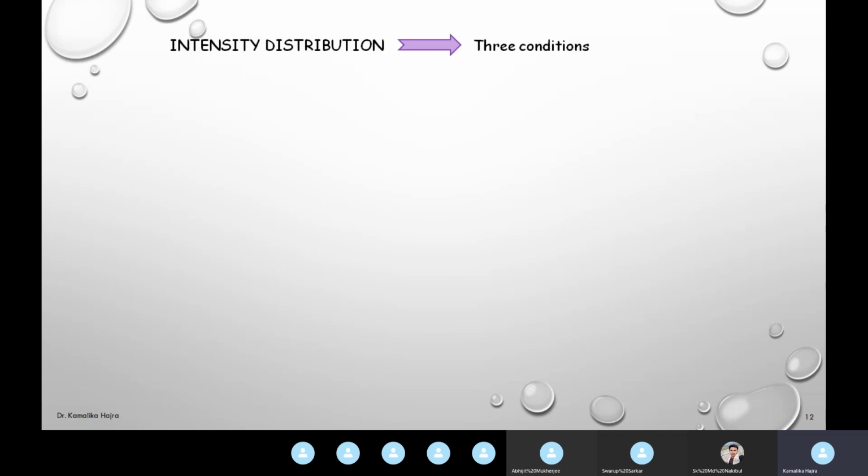We have seen so far, therefore, that the intensity distribution has three conditions. One, I equal to I0 at theta equal to 0, right? No change in intensity, same intensity as the incident light. Where? At the central position, where the diffracted rays, in fact, they have not been diffracted, they go straight and hit the screen, and theta equal to 0. This gives the central maximum.